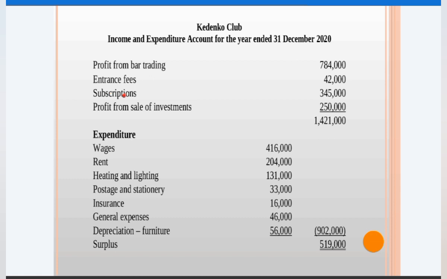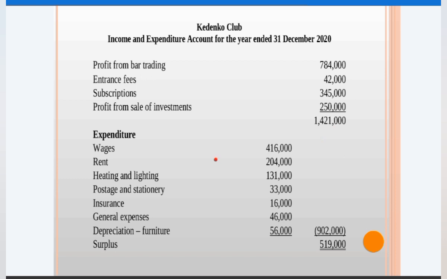And subscriptions, we found this amount from our subscriptions account, 345,000. And then the profit from the sale of the investments of 250,000. That is, we sold investments for 150,000, but the value of investments at the time of the sale was 500,000. So there was a profit of 250,000. So the total of these incomes comes to